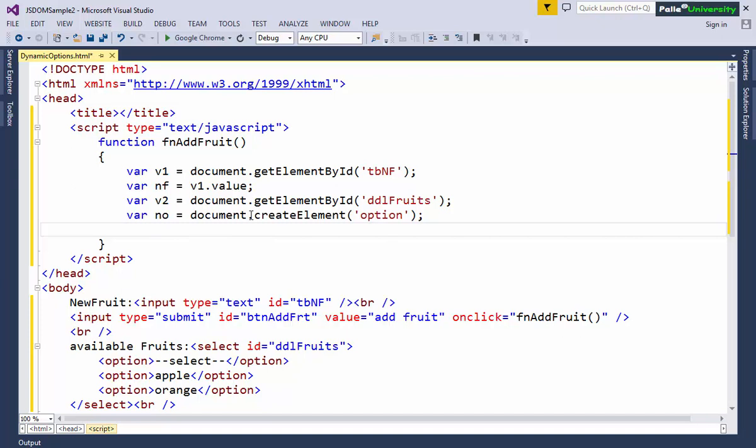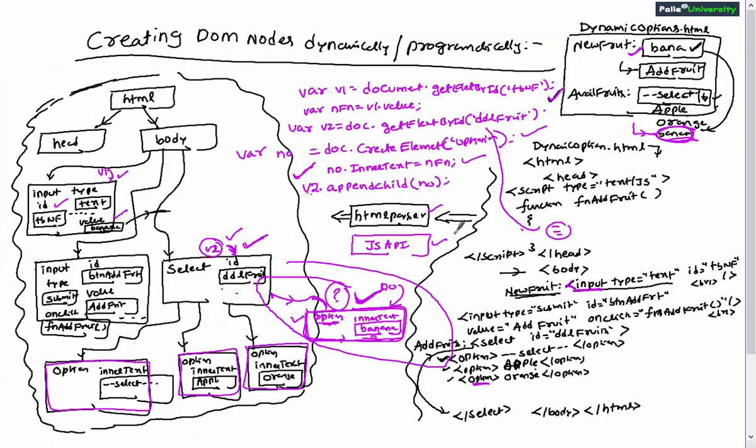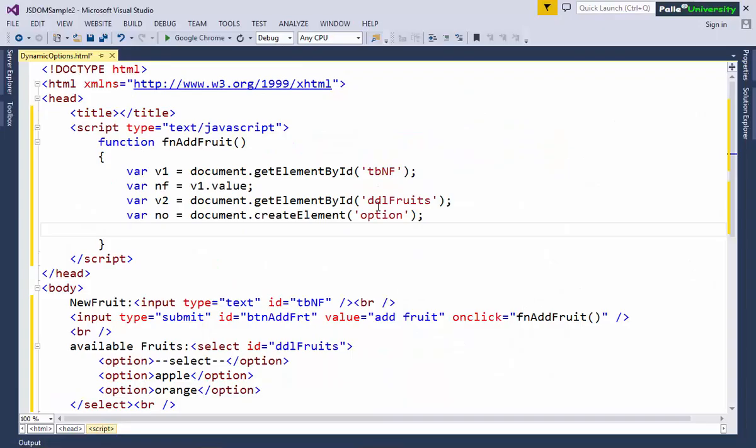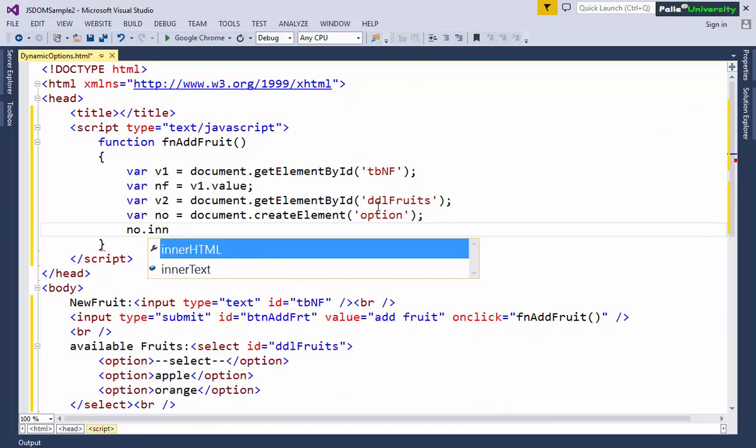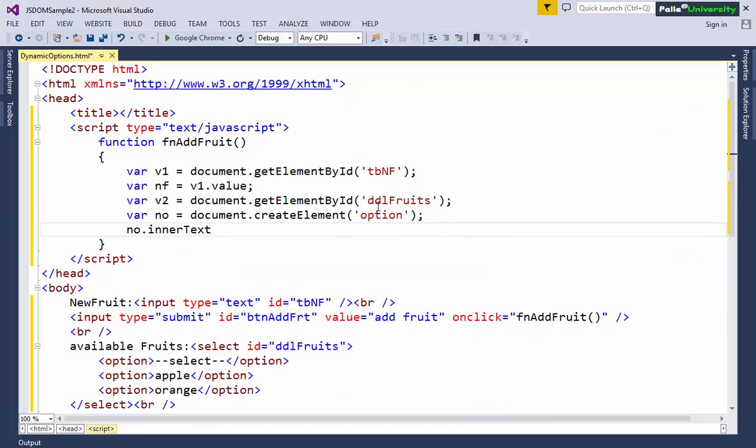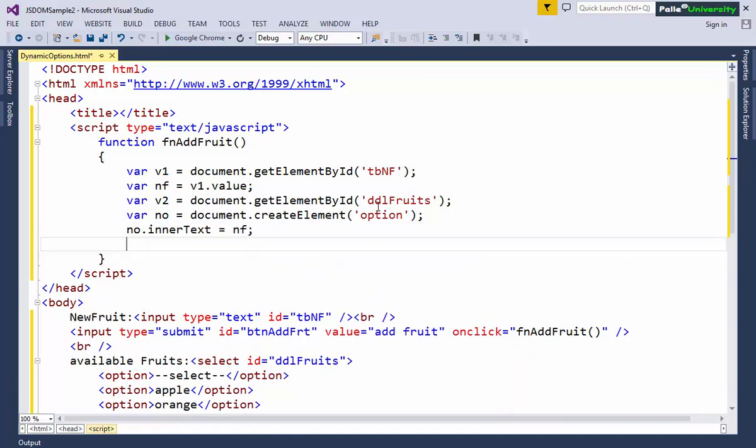After creating the new option type of element, or new node in the DOM tree, we have to load the newly given fruit name into the innerText property. How to achieve this? You have to type no dot, probably you will see the innerText property, is equal to nf, right?